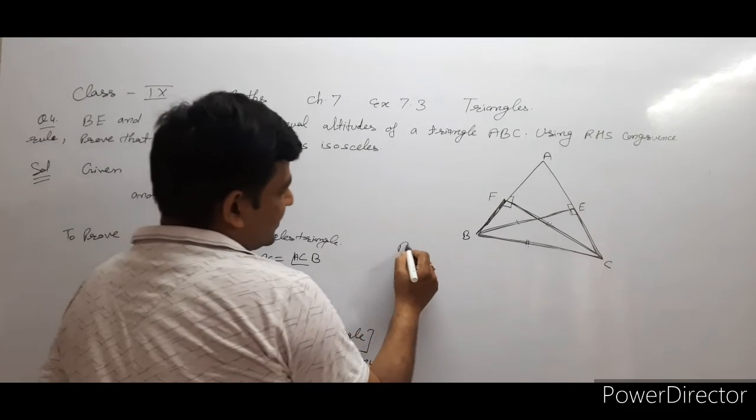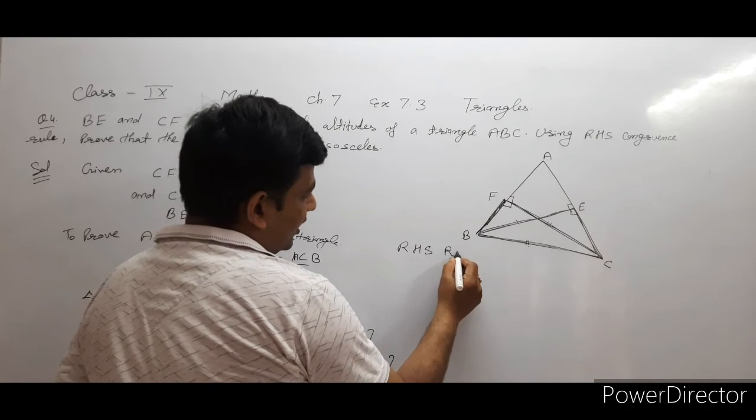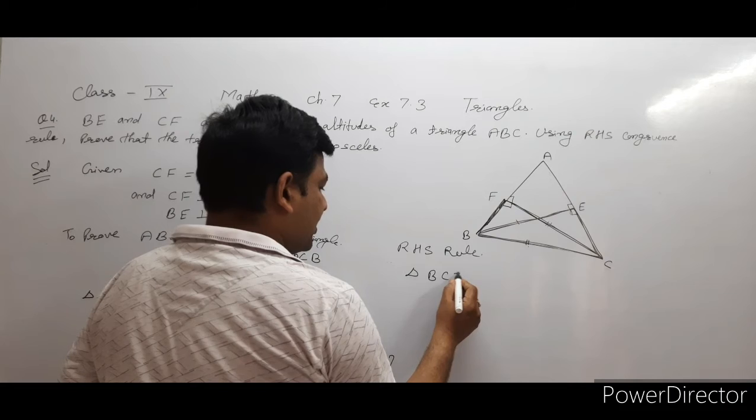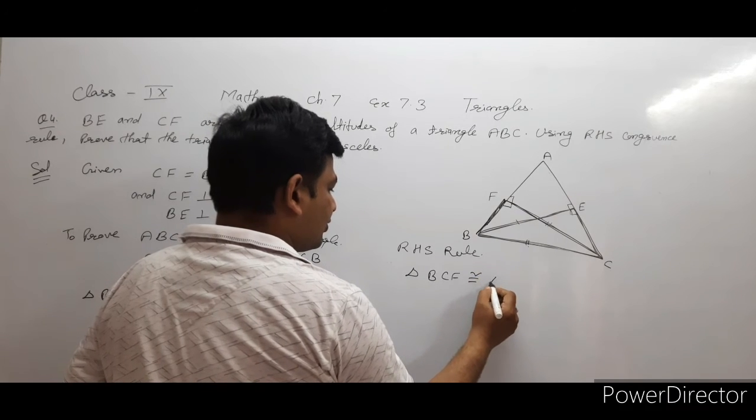So by RHS property or RHS rule, triangle BCF is congruent to triangle